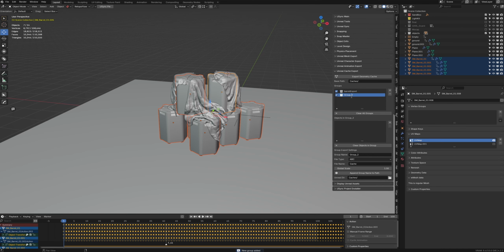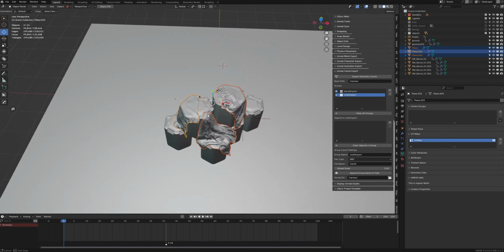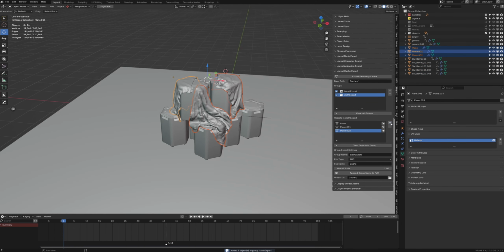We're going to call this cloth export. Cloth export. Now I'm going to select all the pieces of cloth. I'm going to add them to the list, and then I'm going to change this. Okay, so we're going to use ABC, which is Alembic, and Alembic is very good with vertex animation. So we're going to call this cloth